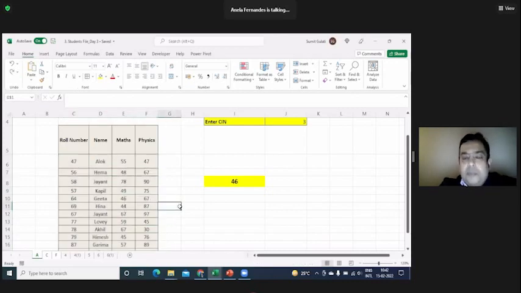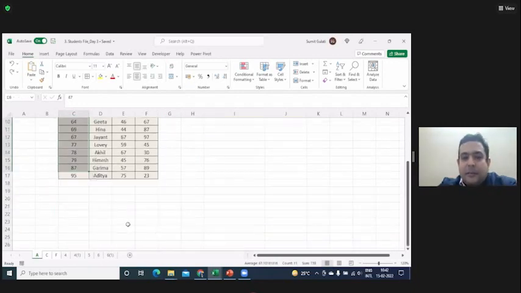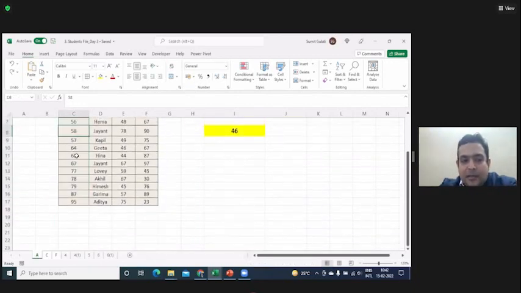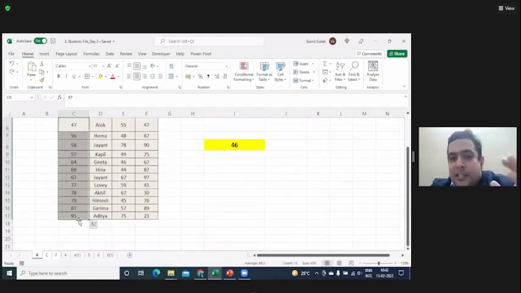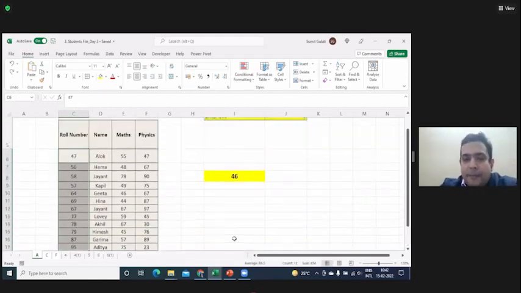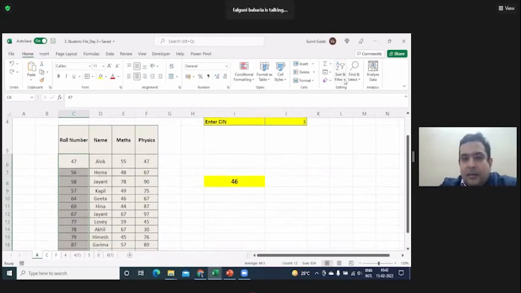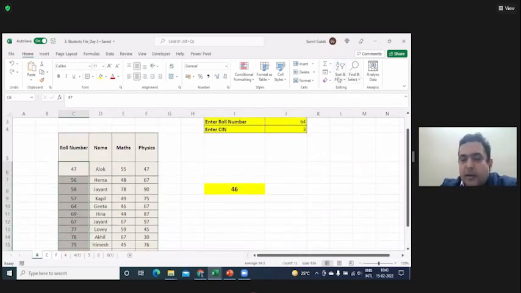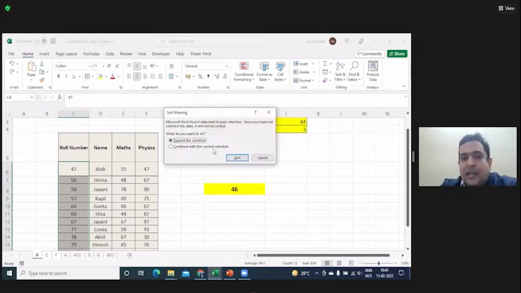At times when we are doing it, we end up selecting this and saying sort. So we should know that if I do this, I am telling Excel I may be in a condition where I only want to sort the first column. If you select the complete data together and say smallest to largest, Excel will ask whether you only want to sort roll numbers without changing the position of name, physics and maths. We are not going to do that, because then 57 will become Jay and 58 will become Kapil.